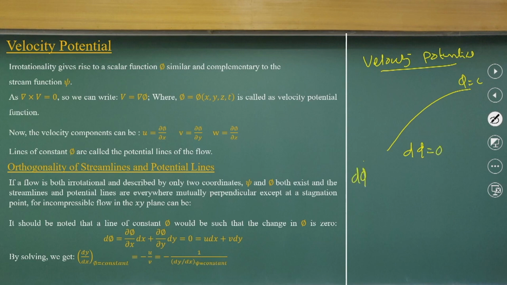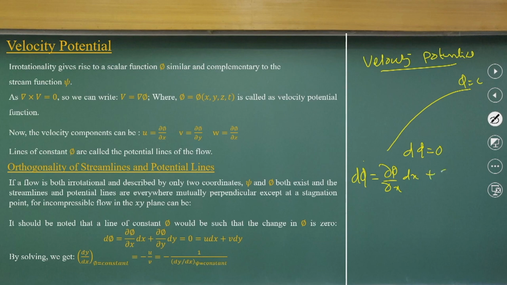And as we define it as a two dimensional function, to get a relationship with streamlines, we write d phi by dx,